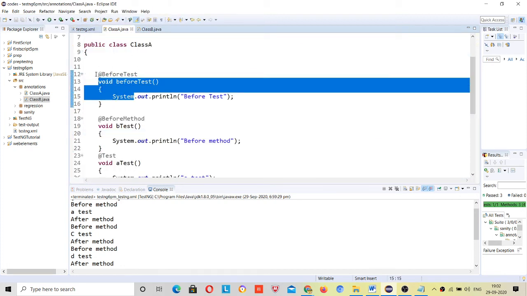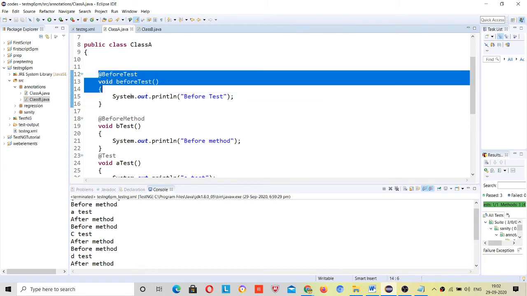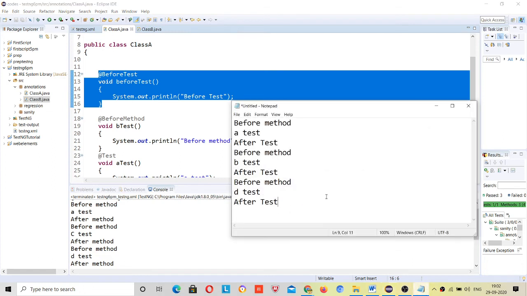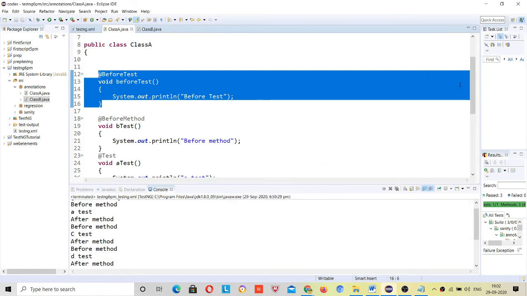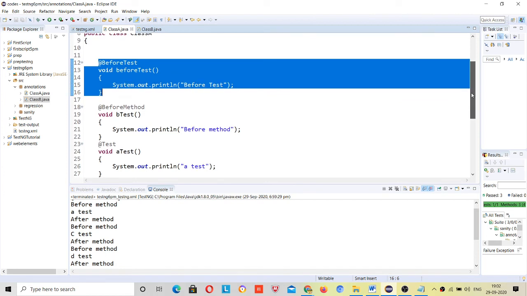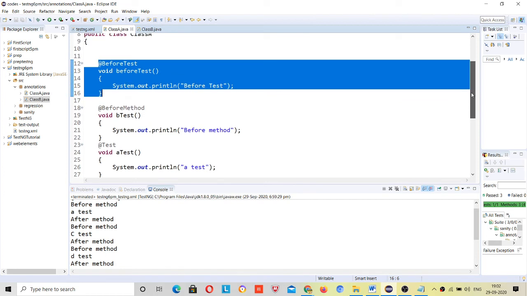Yeah, in this class A, I have used before test, so it will run before test, right? Then after, it will check any before class method inside this class only. Before class and after class check inside the same class level only.